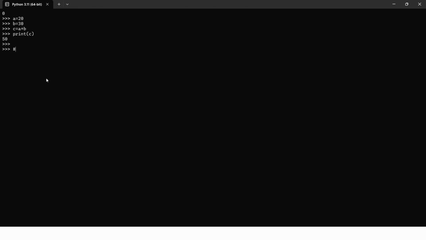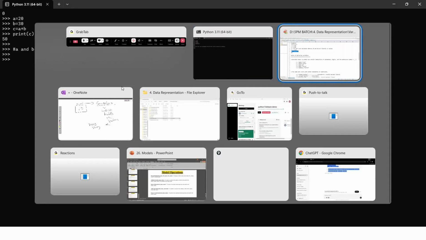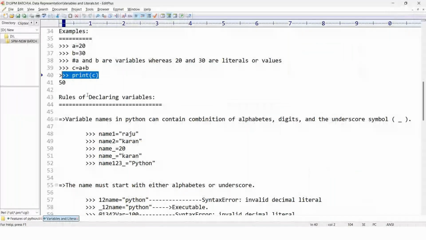Here a and b are variables, and 20 and 30 are values, or we can also call them integer literals.